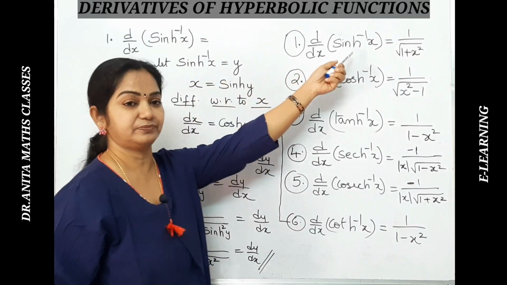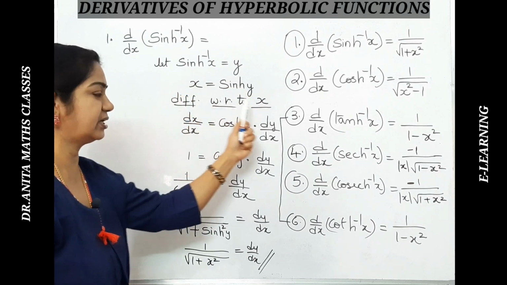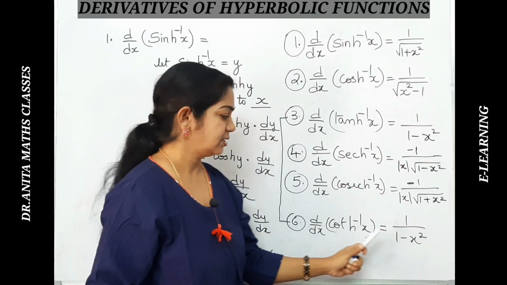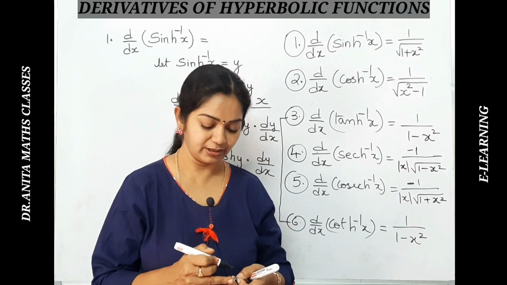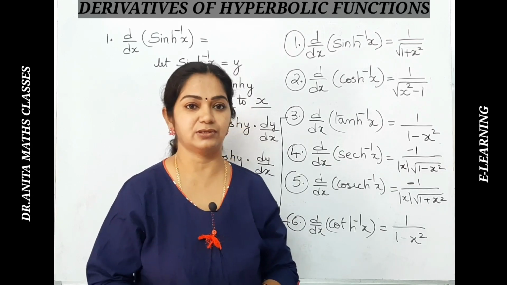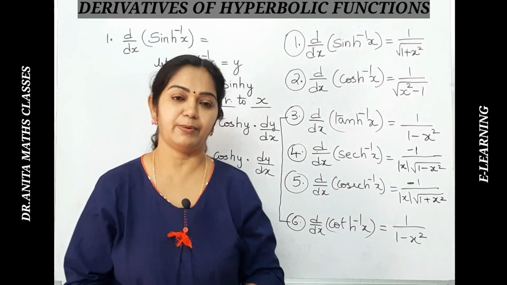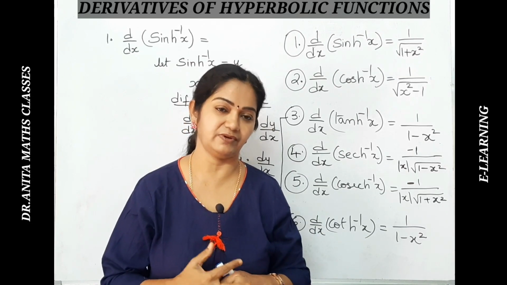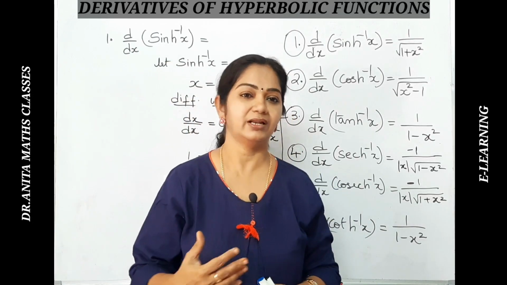We can prove all these, we can derive all these in a similar fashion as we derived the first one, taking it as y and differentiating with respect to x, we get these results. So using the hyperbolic functions and inverse hyperbolic functions, we can solve problems in our exercise. I hope that today we have discussed a lot about the derivatives of the hyperbolic functions and the inverse hyperbolic functions. We will make use of these formulas and identities in our problems in our next class.